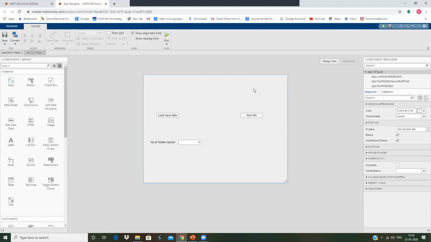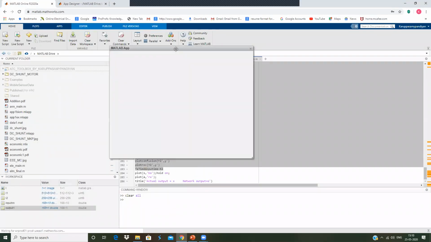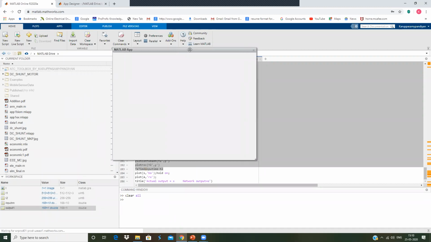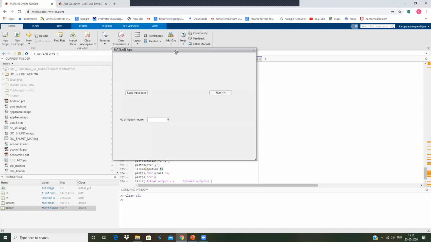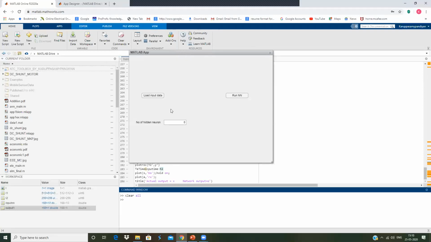See, once you develop your own GUI like this, you can run it here. Just wait, a pop-up window will open like this. You can see here: load input data, number of hidden neurons, and run NN.